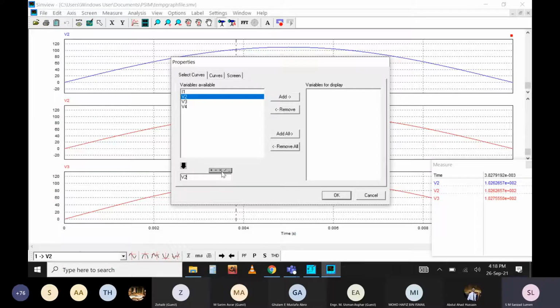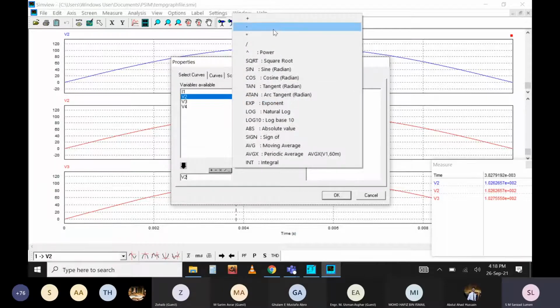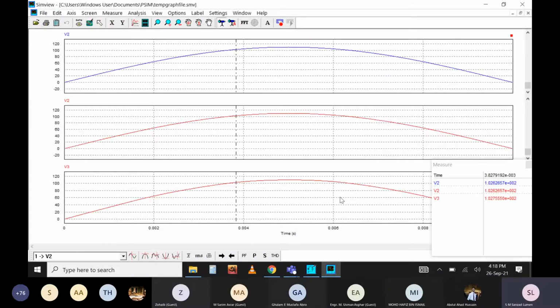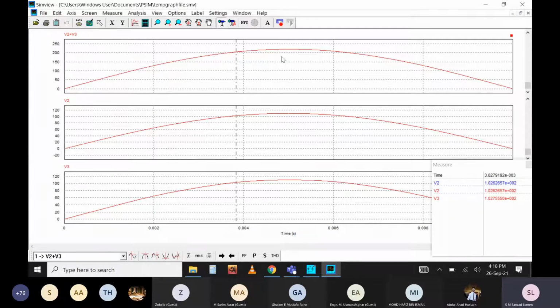You can select the mathematical operation you are going to apply: add, subtract, multiply, divide, raise to a power, or take the cosine or sine function of that signal. Say I select addition of V2 and V3. Now it's showing V2 plus V3, then add it. Now the variable for display is V2 plus V3, so this is the addition of V2 plus V3.